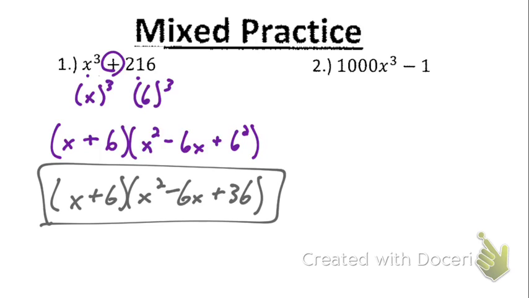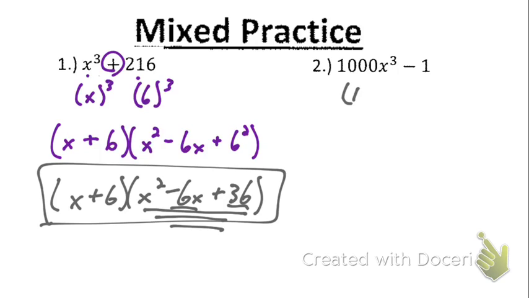Now, one thing I didn't talk about before when factoring sums and differences of cubes: this will never be factorable, ever. And you might be thinking, well, that's a 36 and that's a 6, a negative 6. Maybe. No, it won't. It'll never be factorable, ever. We'll talk about that more when we get into imaginary numbers and the quadratic formula. Okay, so over here,